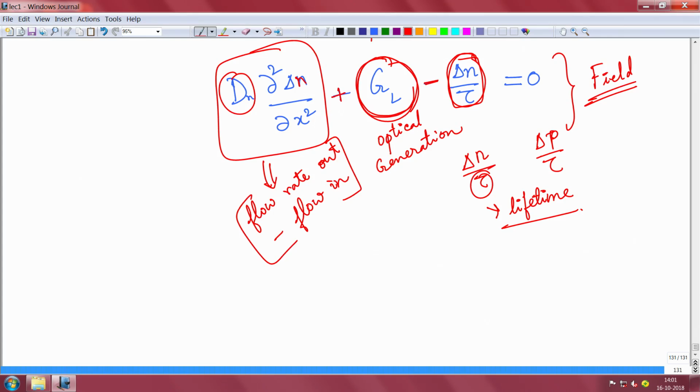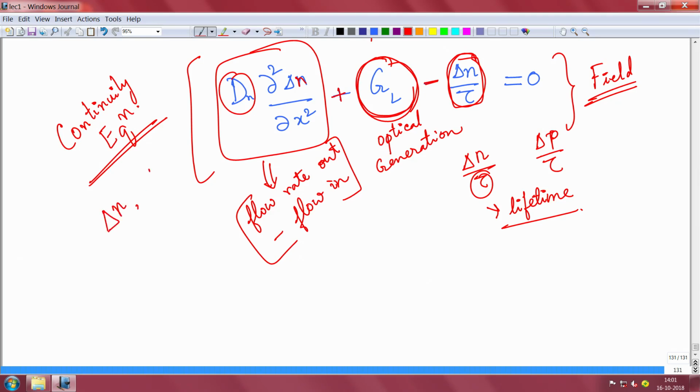Okay, now again let's take a minute to pause and ask ourselves, this is a continuity equation by the way. Now the question that we should again ask is, what is the use of this continuity equation? Is there any benefit to actually understanding and deriving the mathematics of this equation? Yes, because the continuity equation, and I hope you remember the derivation, essentially enables us to estimate delta n or delta p, which is the excess carrier concentration.